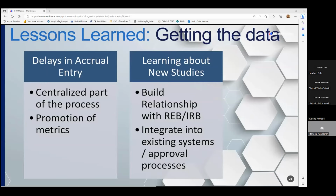And then we had this IT system, and then we had managed to have within our medical records system a link to the IT system that made it look like it was in our medical record system, but it was actually just sitting outside. And the whole ask to our study teams was, can you please add your studies to the database when they are REB approved? And then can you link your patients in the medical record system to your study? Okay, so that was really what we were looking at to initiate the understanding of our volume of patients and